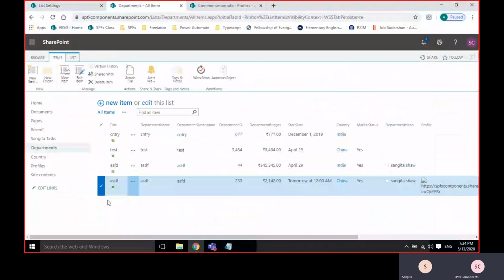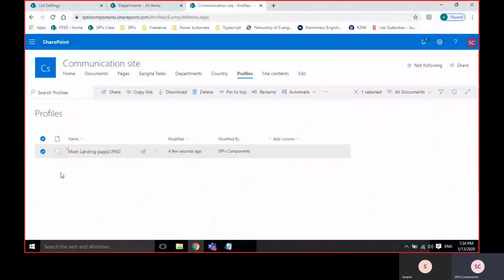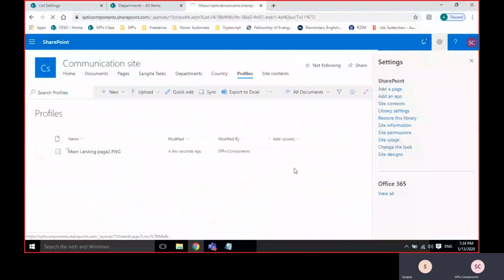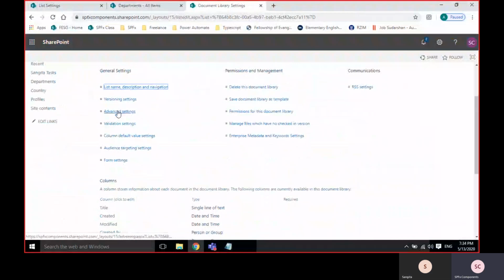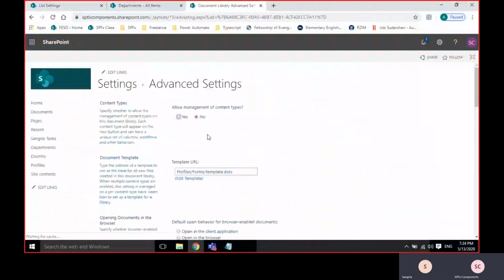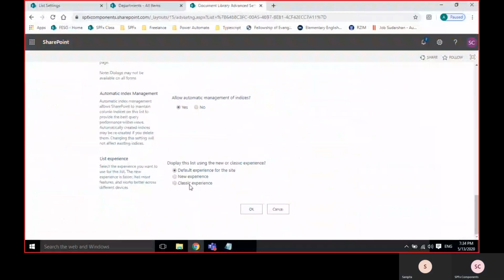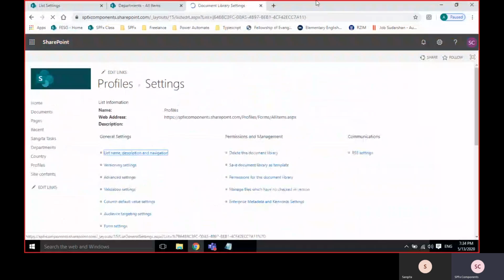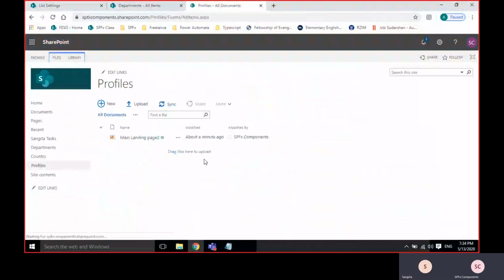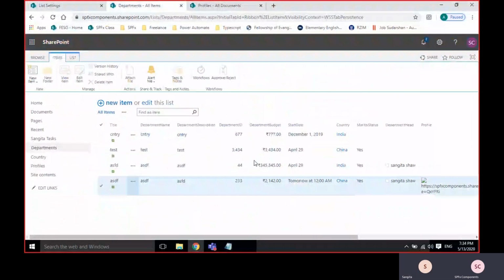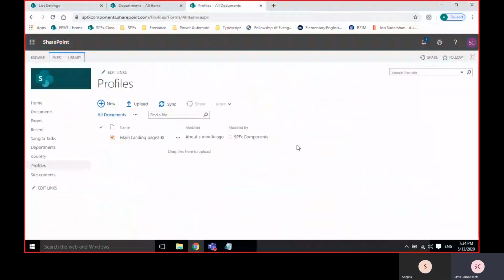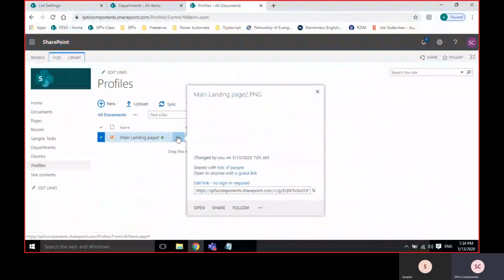The picture is not visible; it will be visible. We've made some mistake: we need to convert that to classic experience. Both should be in classic, the same. So I'm taking the reference from here.